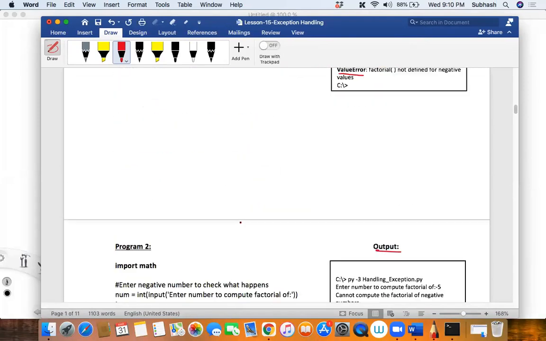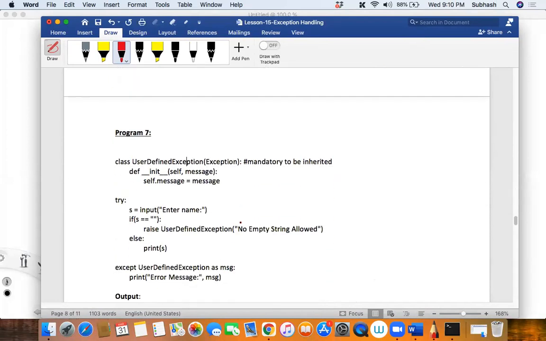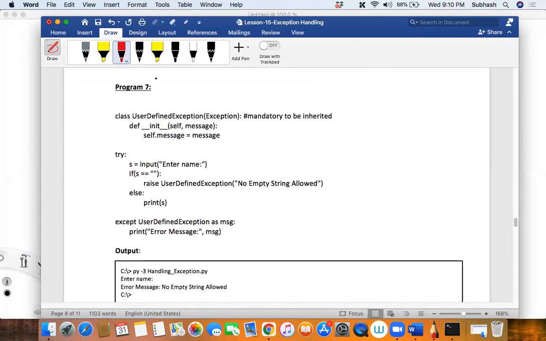If suppose I want to create my own exception, then it is mandatory that I inherit from the exception class, else you will not be able to create your own exception. So this is my user defined exception, and you know that this is inheritance. Now did you understand why I am teaching this lesson before one more lesson? There is one more lesson, lesson 14, that has nothing to do with inheritance, so I thought I'll first complete it before you forget inheritance. I think you'll forget inheritance, and that is why before you forget, I can teach it off.